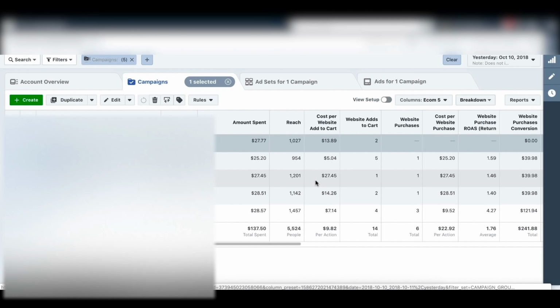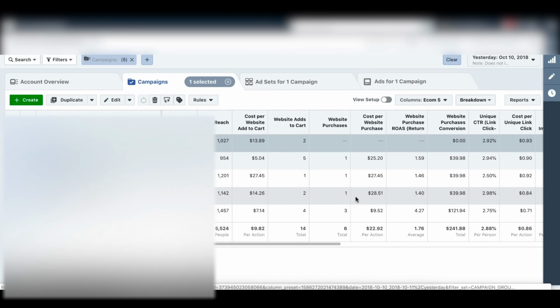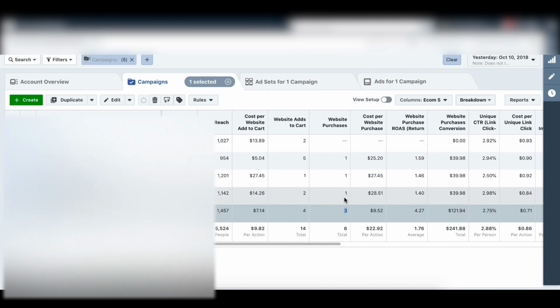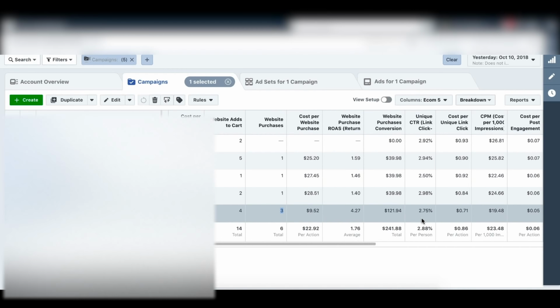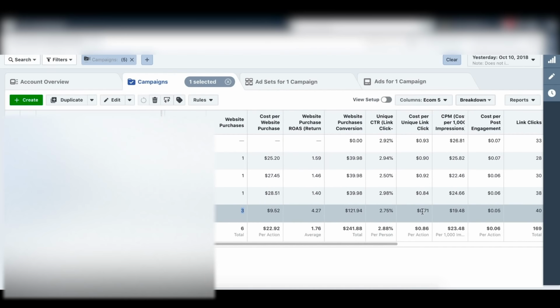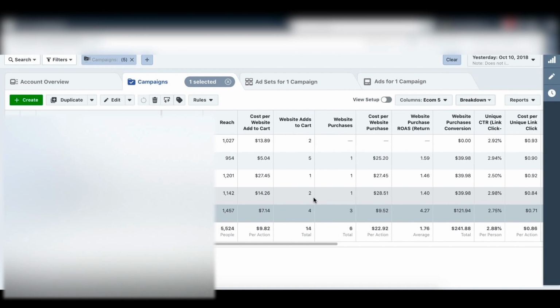And yeah, when doing this test, I'm going to show you what I'm looking for. I look at the purchases, how many of them. I'm also looking at the unique link click-through rate, and also the cost per unique link click and cost per engagement. So as we can see here,